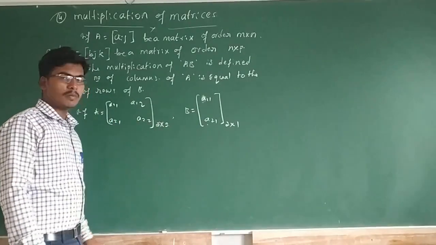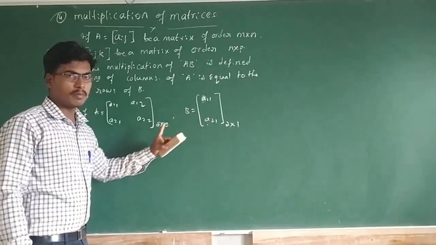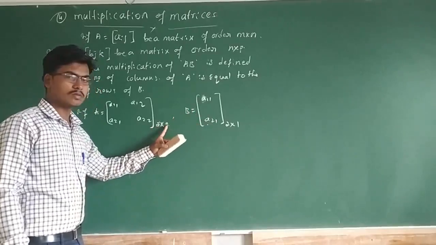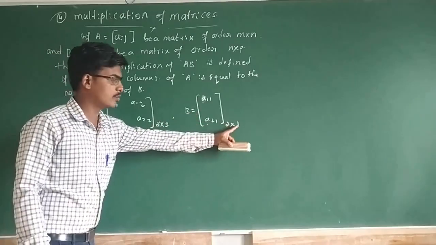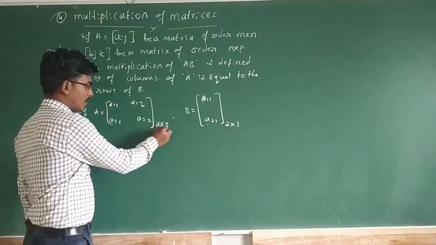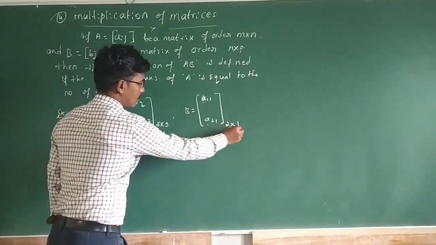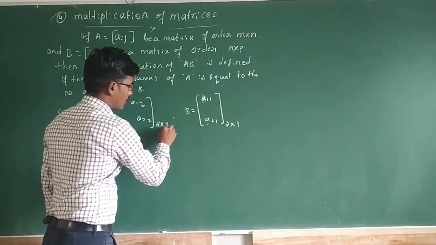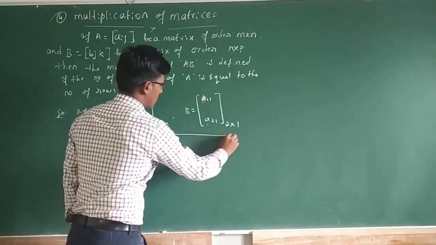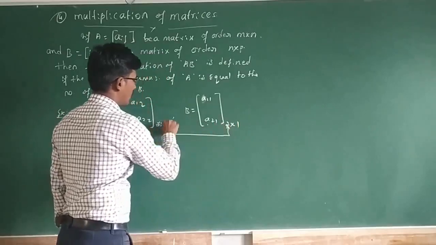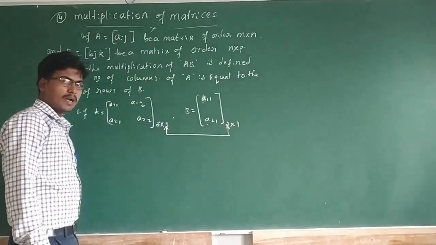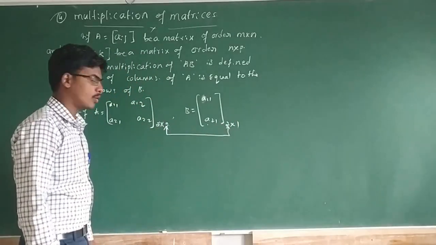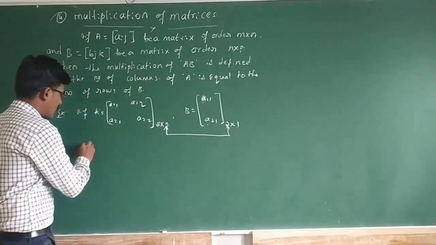Before going to multiply these two matrices, first observe the orders. Here what is the order of this matrix? It is 2 by 2. Here what is the order of this matrix? It is 2 by 1. Number of columns of the first matrix is equal to the number of rows of the second matrix. So multiplication of two matrices is possible. So therefore AB is equal to